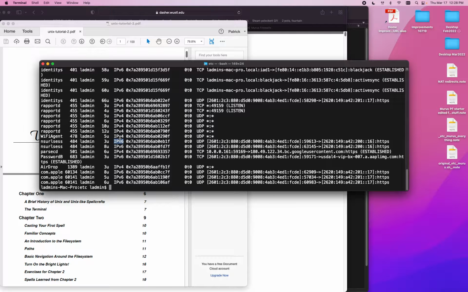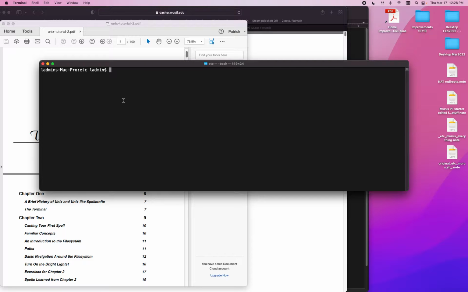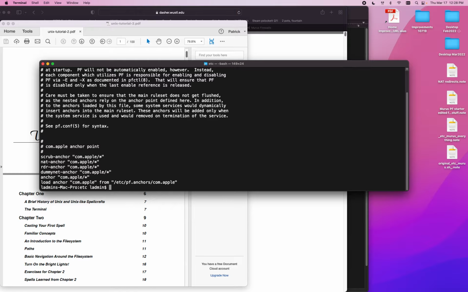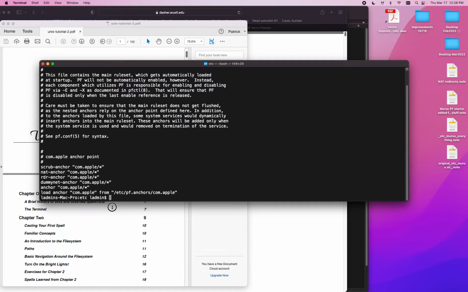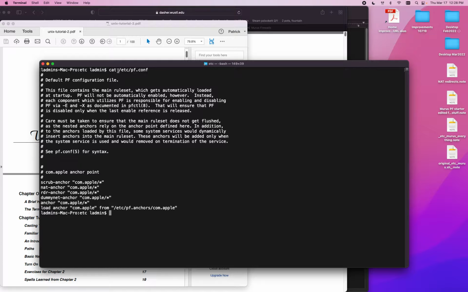IPv4, IPv6, you know the difference. One's long, one isn't. What else? Other commands that we'll need to know. cat, so /etc. I don't know what it stands for, but basically it gives you a readout of, for example, pf.conf. So it gives us the actual file. If we go here,